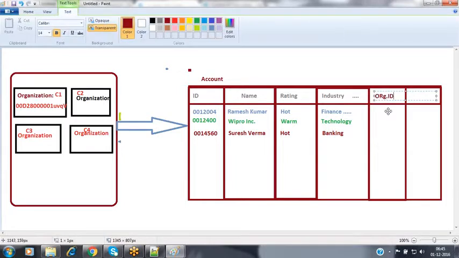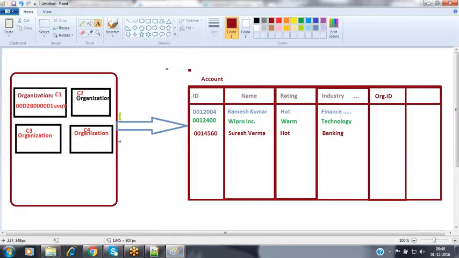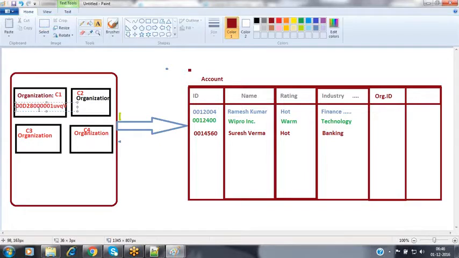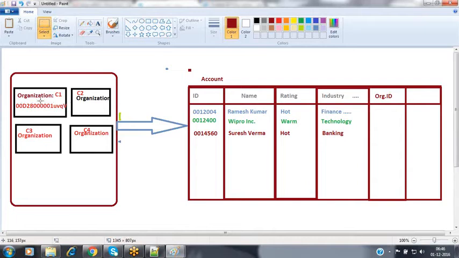Inside this organization ID column, it stores the organization ID of your Salesforce account. For each and every Salesforce account, you will have that organization ID, which starts with 00D. So assume that for this organization C1, we have some ID available here, 00D, some 2800. Assume that. So now I'm removing this part for our simple identification.